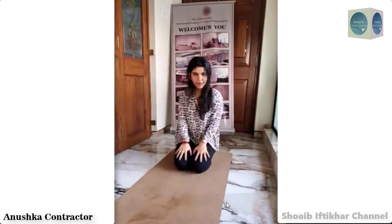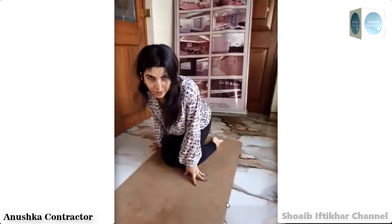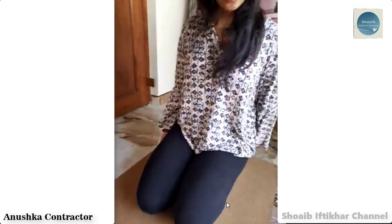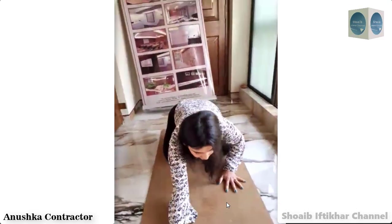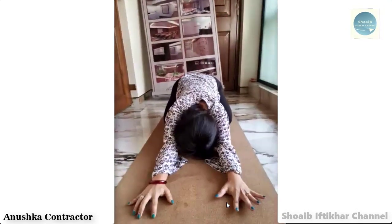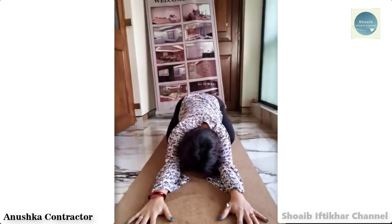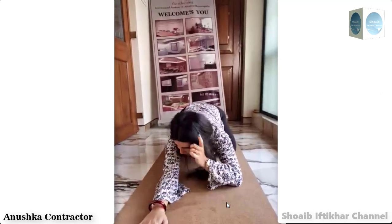Now, to just finish this routine, after we are here in Vajrasan, like over here, I have flattened my foot. Toes together. I'm going to part my knees in such a way that my torso fits into this gap. Now from here, I'm going to go forward and I'm going to extend and stay there. After I'm there,